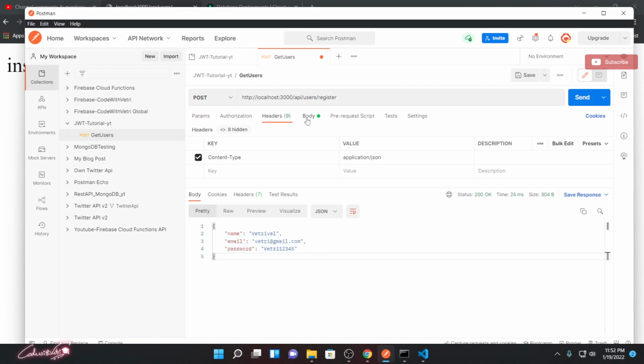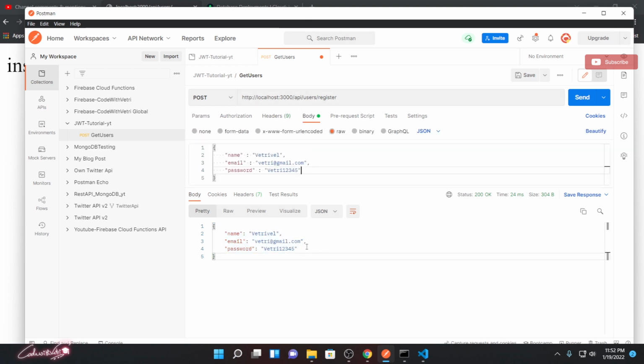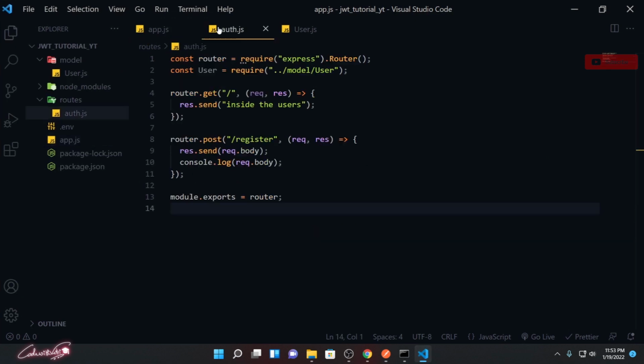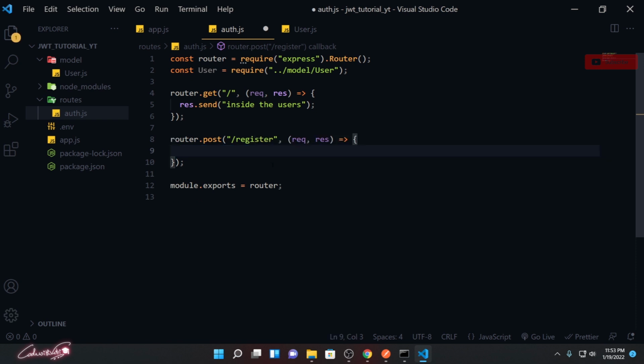Now if I click send, you can see that the body data will be parsed as a JSON file. Still it has some minor bugs, because we are not supposed to send the password back. Users are not supposed to see the password. Our password and all the details need to be encrypted, and most probably not saved in our database itself. To do that, we now need to save this information, because we now know we have all these details in our request.body, and we need to save them in our MongoDB.